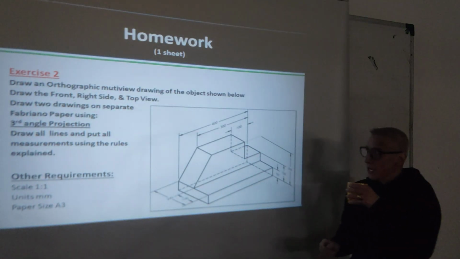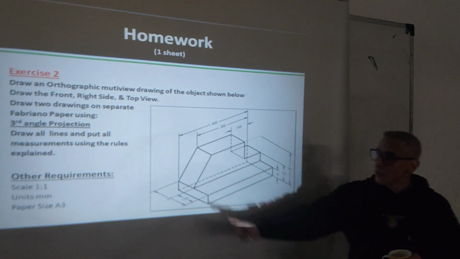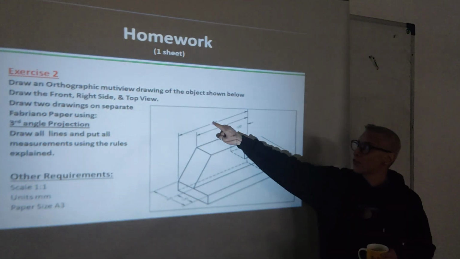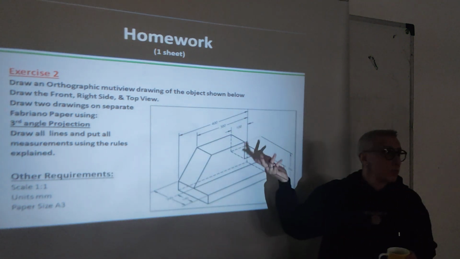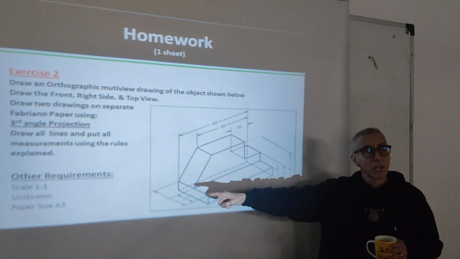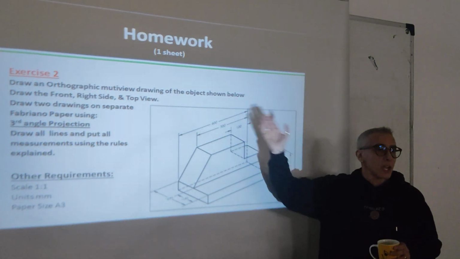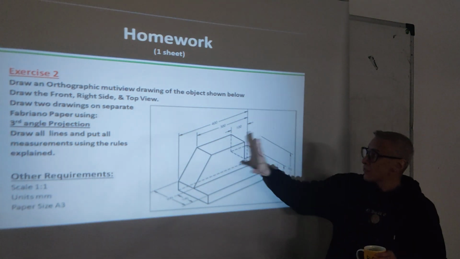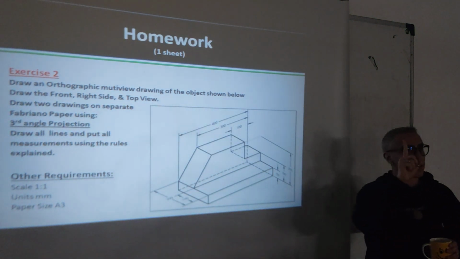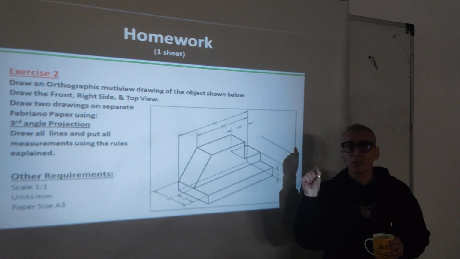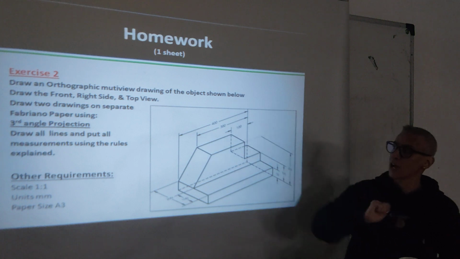Exercise number 2. Again, similar. This object, scale 1 to 1, meaning whatever numbers you see here, the same you apply on the paper. These are millimeters, because sometimes I can put something in centimeters. You need to be careful, okay? So these are millimeters. 300 millimeters means 3 centimeters, okay? It's obvious. As it is, scale 1 to 1 on the paper in third angle projection. Only one paper, okay? Be careful what I ask for, because if I ask first or third angle projection, okay? So this one only in third angle projection.